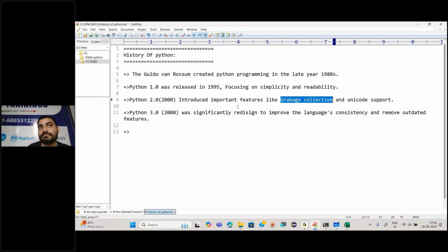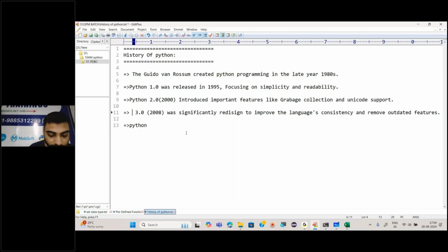After that, they thought something again needed to change, so they introduced 3.0 in the year 2008, significantly redesigned to improve the language's consistency, and it also removes the outdated features, right? Likewise, they have continued the updating of Python.